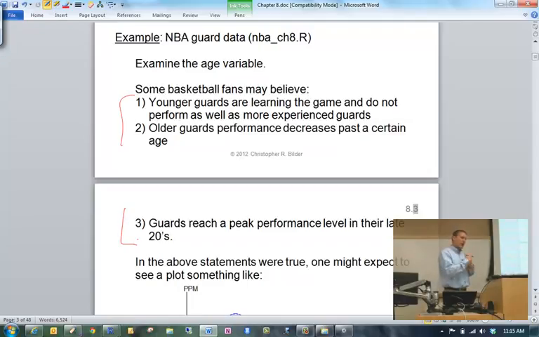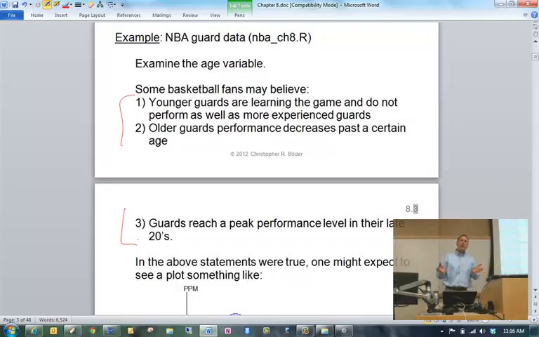NBA guards that are just starting to play in the NBA are still maybe learning the game, learning the different facets of playing in the NBA, and dealing with the fact that they have tougher competition than what they potentially had in college. So their performance may not be as good as it is a little bit later in their career, or mid-career, where now they're used to the game, the speed of the game, and they have some knowledge about how to play the game. And so they might be better when they're maybe 28, 29 years old.